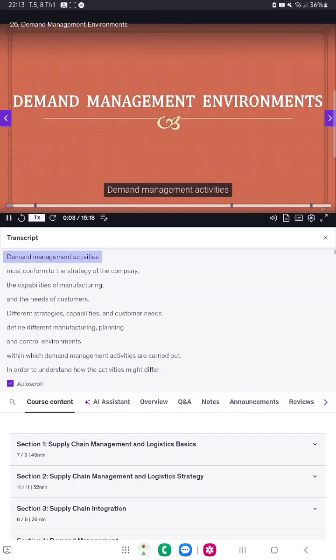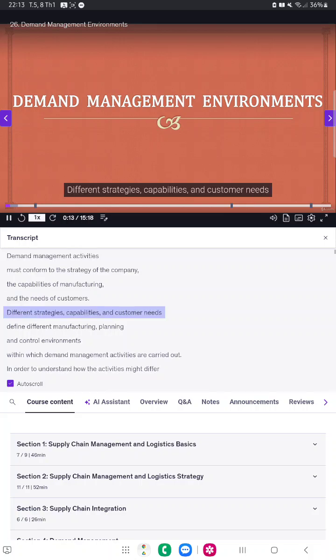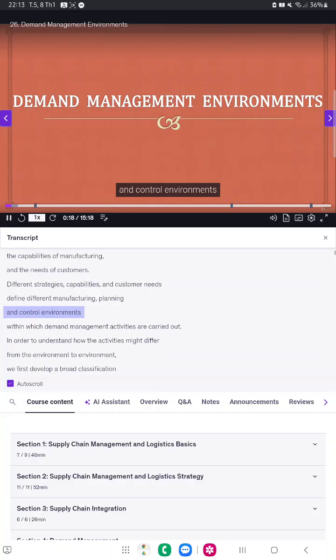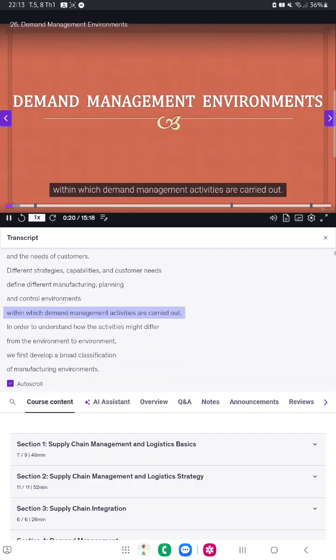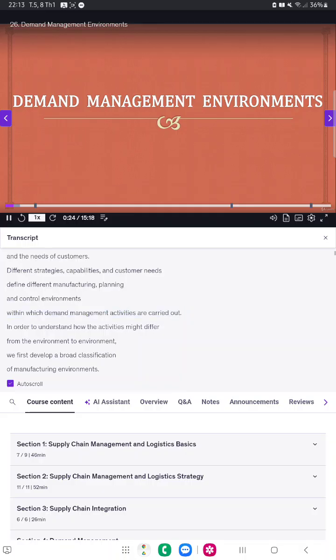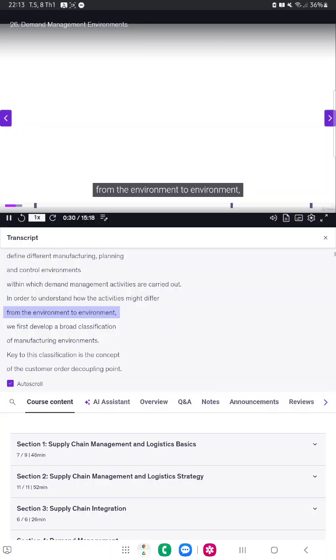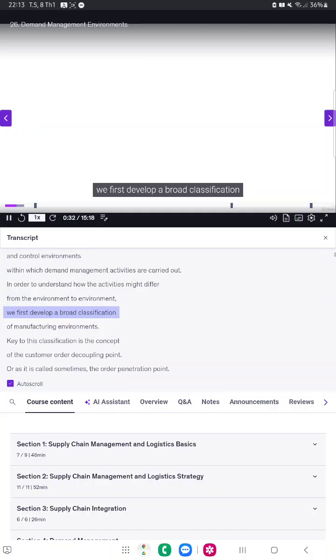Demand management activities must conform to the strategy of the company, the capabilities of manufacturing, and the needs of customers. Different strategies, capabilities, and customer needs define different manufacturing planning and control environments within which demand management activities are carried out. In order to understand how the activities might differ from environment to environment, we first develop a broad classification